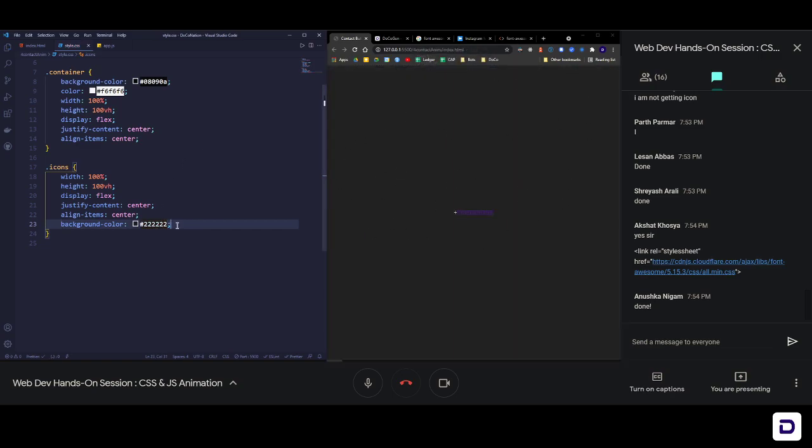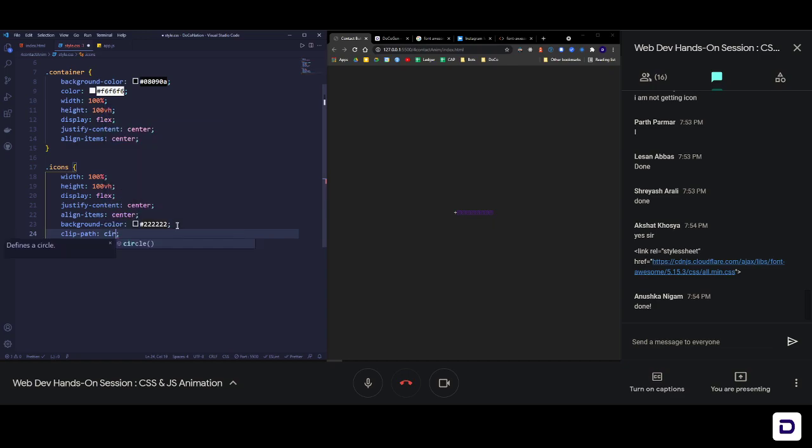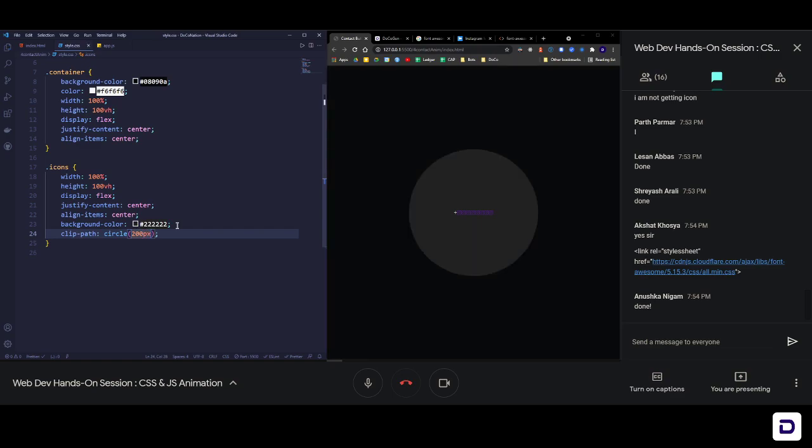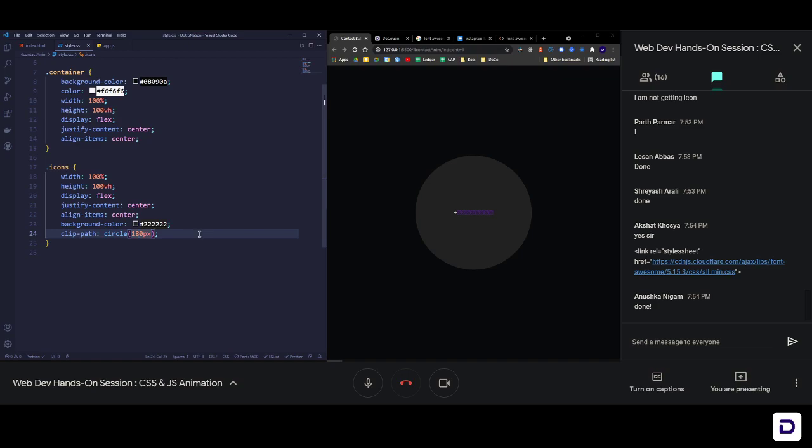To make it into a circle, we have a cool property known as clip-path. So clip-path, we say circle, and now we can make it 200 pixels or something, and you will see that we have a circle, a gray circle that we need. So this is what we are looking for. Let's make it a little smaller, say 150 pixels or maybe 180 pixels. Yeah, this is how it is going to look at the end.